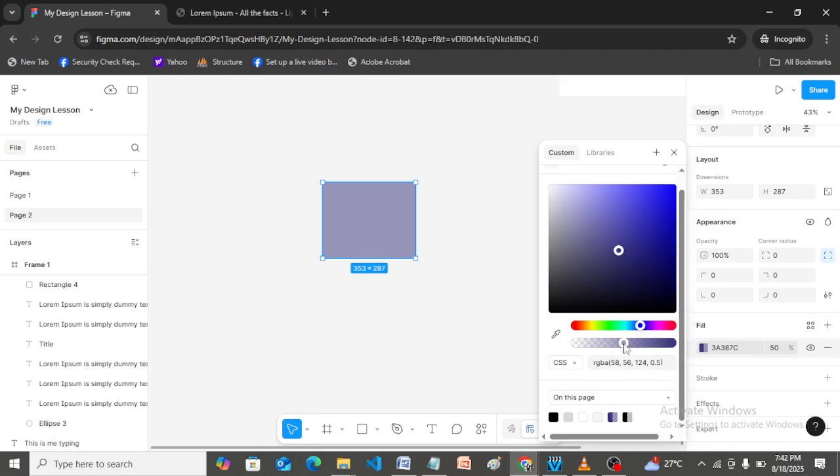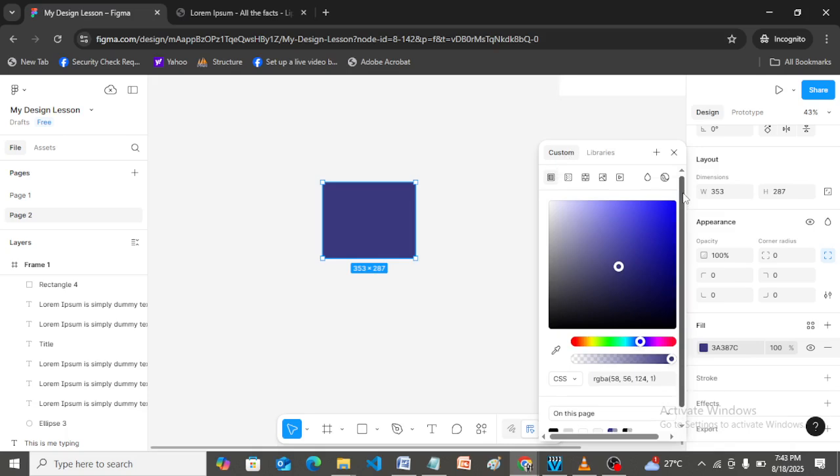So let me just take it back. That is that about this section. Now, when we come to this part, we can do some other customization. This color now is solid. Solid means just one color. When it says solid, it means one color. So when I click on it now,